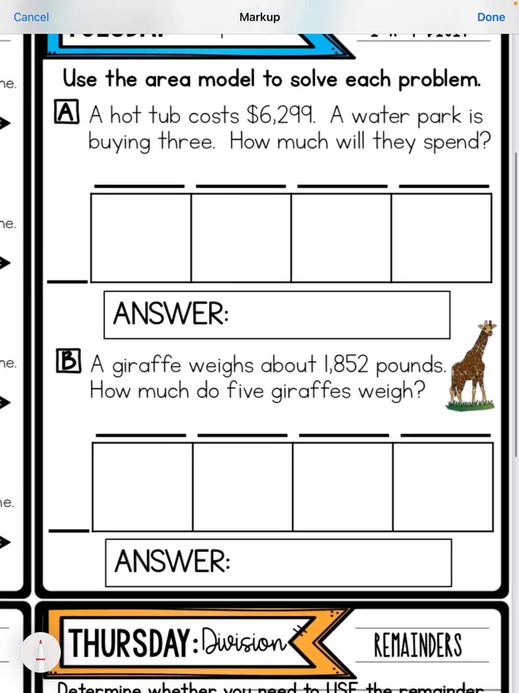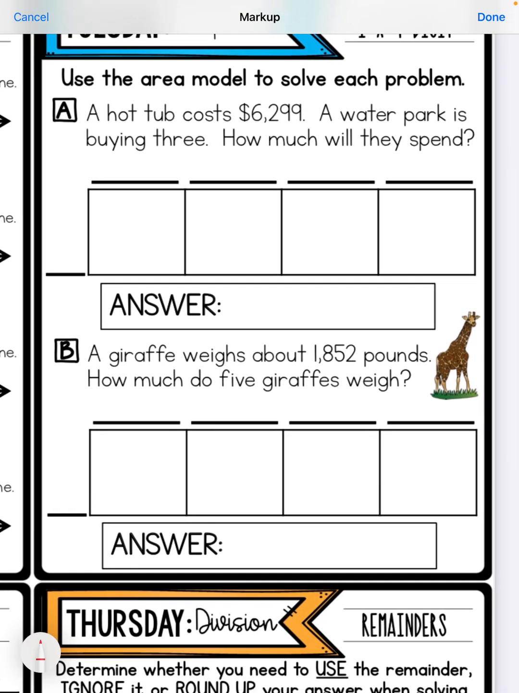Going over to Tuesday, we've done area model before. Letter A says a hot tub costs $6,299. A water park is buying 3. How much will they spend? So I'm going to multiply 6,299 times 3, and to use the area model, we're going to break 6,299 up